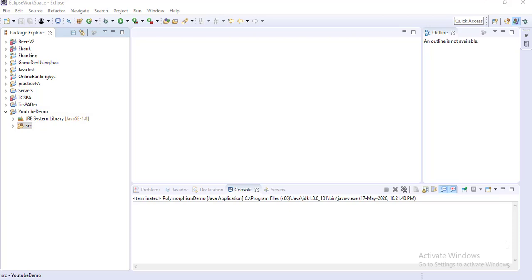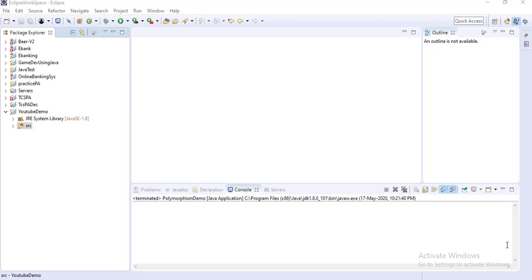I am Snehasis and today I am going to explain to you about polymorphism and function overloading in Java. First, polymorphism. By name you can understand that polymorphism means many forms.